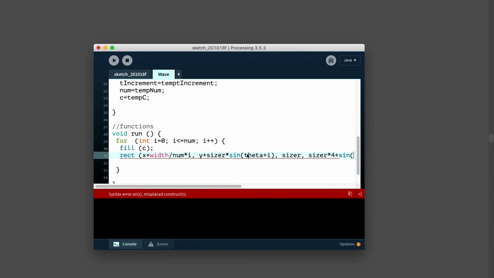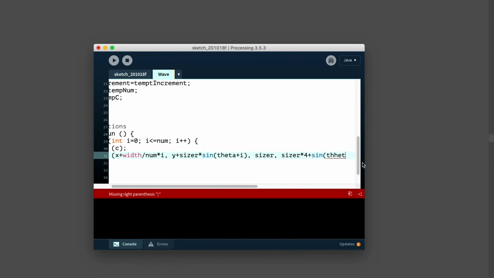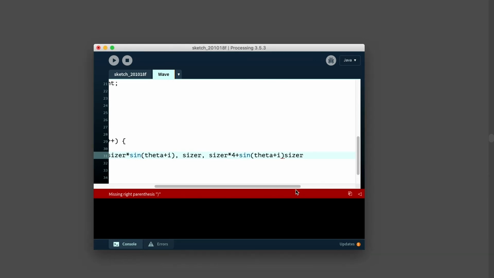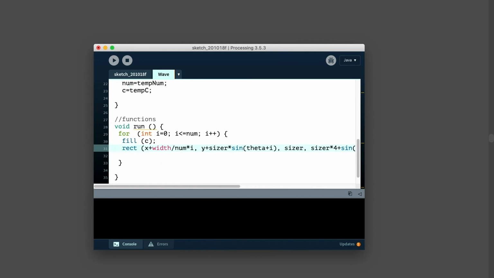And we could also put in another sine wave to add some more oscillation. And if we multiply it by sizer again, so that it's just a little bit bigger, I forgot a multiplication sign. Again, while I'm doing things like this, I might also put in some math. Sometimes I don't want it to be all sizer, it might be too big, so maybe I'll do some fractions like divided by 4 times 3, or maybe divided by 2, or divided by something, just so it gives me different proportions.